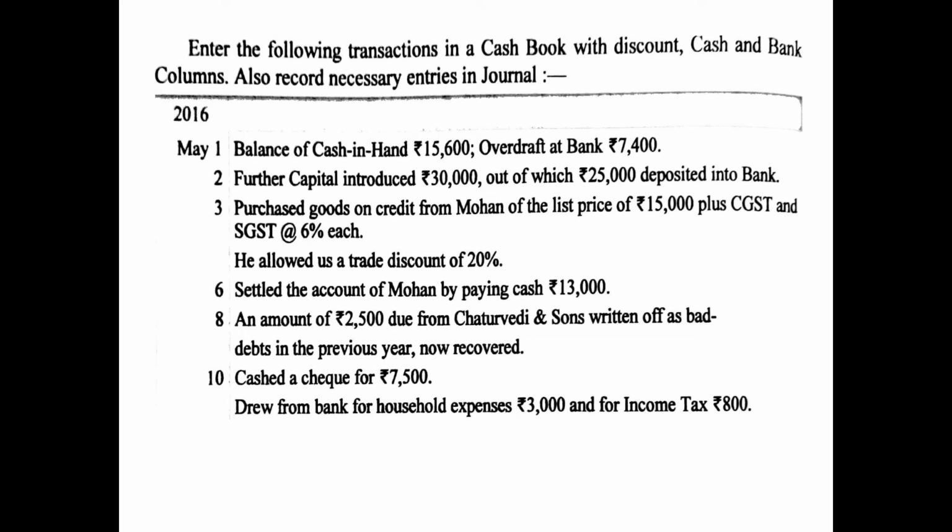So at one end what is happening? Cash balance is increasing in your business, so it will be shown on the receipt side. And why is the cash balance increasing? Because you are withdrawing it from the bank. So on the debit side you will write to bank account, and the amount will be written in the cash column as 7,500, and because it is a contra entry, you will write C in the ledger folio column.